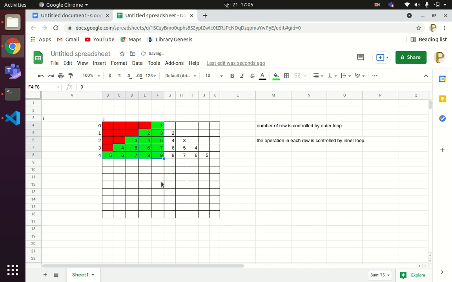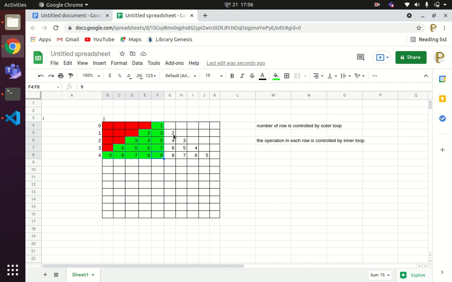For row number 0, how many times is the number printed? 1 time. For row 1, it is printed 2 times. For row 2, 3 times. For row 3, 4 times. For row 4, 5 times. And there is another set of numbers also, so we'll be analyzing this part later.